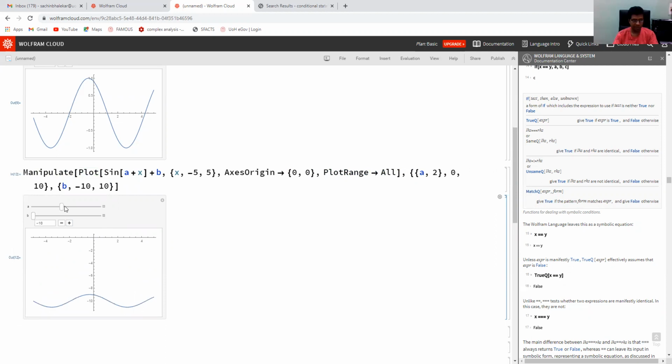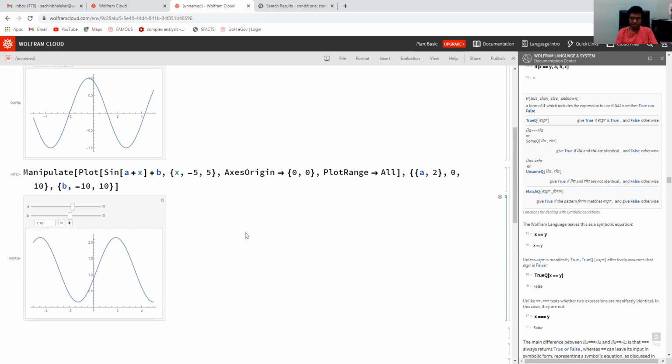So simultaneously we can change the value of a and the value of b also, and see the result. This is very useful in so-called bifurcation analysis. We may discuss certain things in the third or fourth units. I think these things in Mathematica are sufficient for our course. Whatever is required, we will discuss at that time.